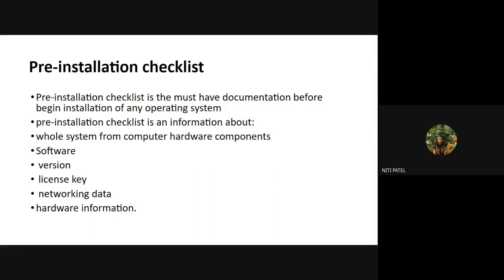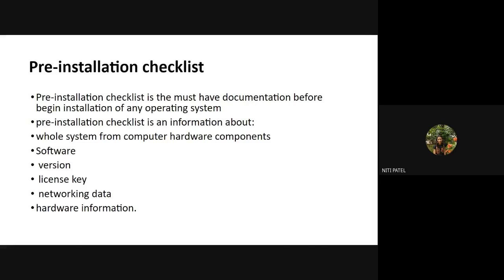Next is the version. Now, if I ask you to install Linux, the very next question you will ask me is, ma'am, which version of Linux am I supposed to install? There are many versions. Some of you might select the latest version, some the intermediate version, or some of you might go with a very old version. That depends from user to user. So I should also know the different versions and the features that each version provides. Based on those features, it depends on the user which version to install.